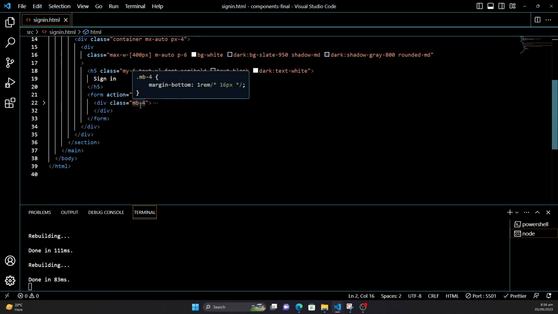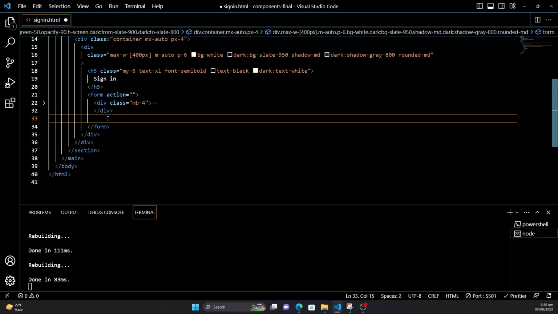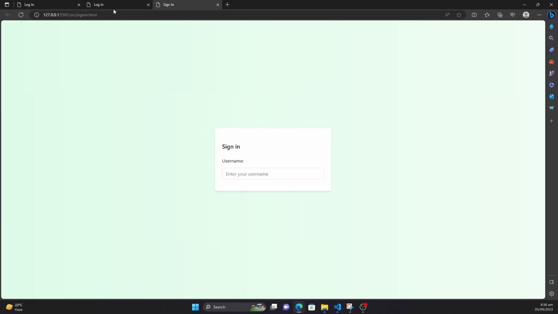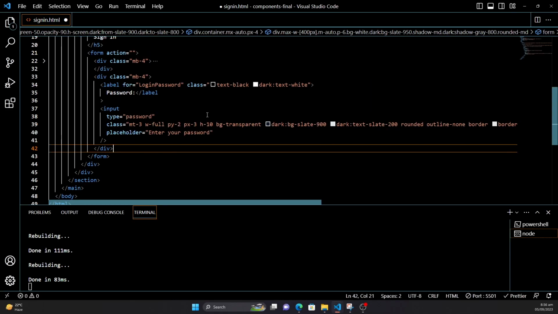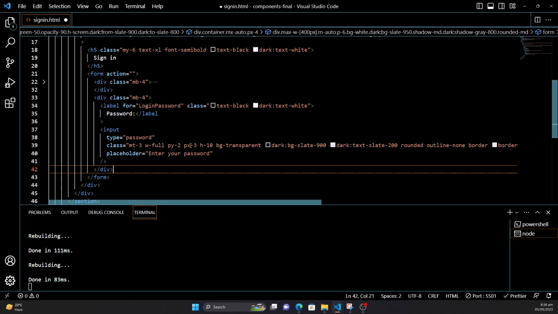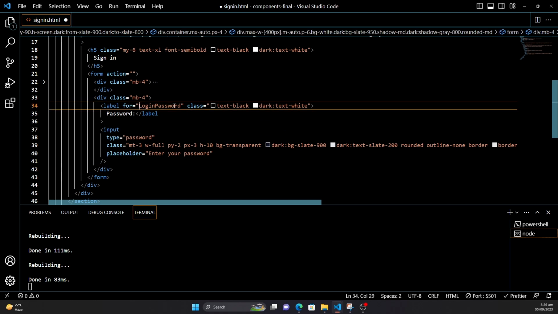where we created our first div, we've given it a margin bottom of 4. Down here, I want to create another div section. So for this div section, we'll have the password and the input for the password. So let's do that. For the input of the password, I've also given it a margin bottom of 4 just to create another margin for the next element. But you can see I've also given it 4, and then it's login password, and then here